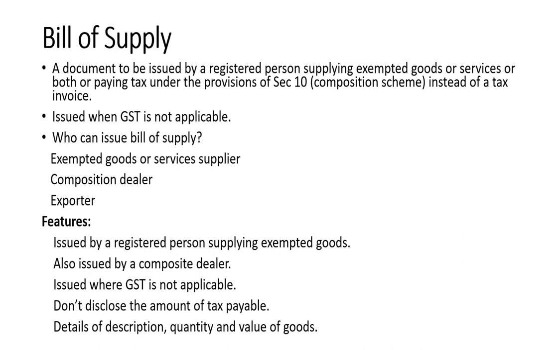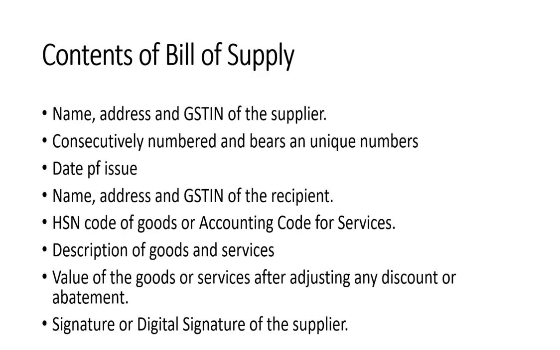Of course, a bill of supply is a commercial document. It is a document issued by a registered person supplying exempted goods, who is involved in a composition scheme or who has registered his name under the composition scheme, issued where the GST is not applicable, and it will not disclose the amount of tax as the supplies are not taxable under the GST itself. Then it should provide the description of the goods, the quantity and the value of the goods that is supplied by the supplier. So let us look into the contents of